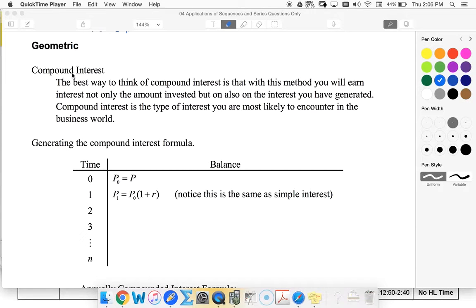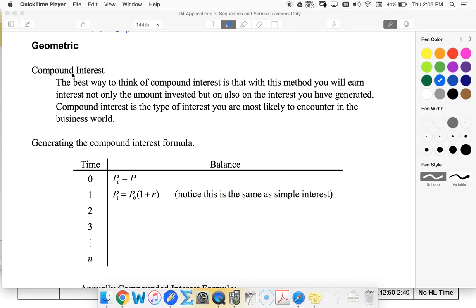All right, now we're going to look at a case of a geometric series, and we saw a lot of examples of this when we looked at logs and exponents with exponential growth and exponential decay, and now we're going to come back to compound interest. So compound interest is the most common kind of interest that you're going to find in loans or savings accounts,